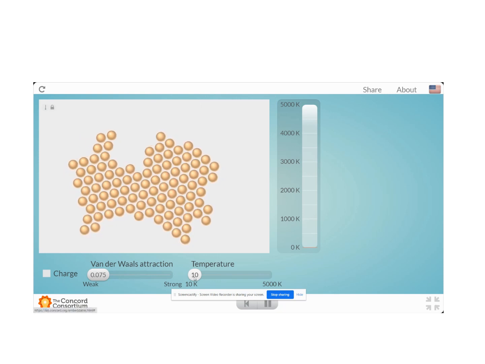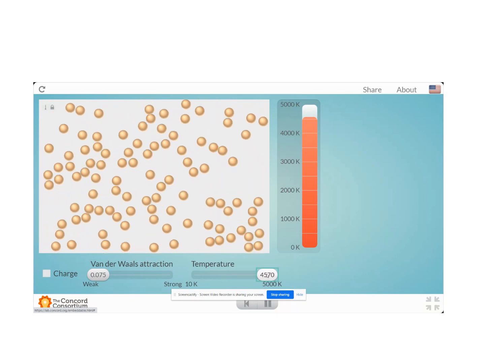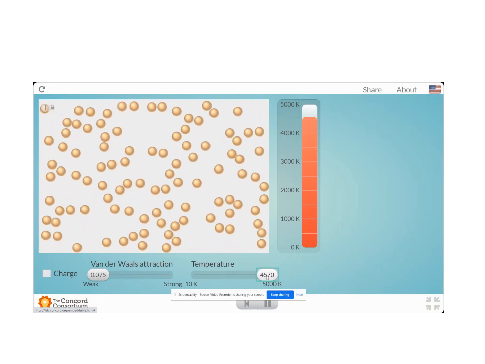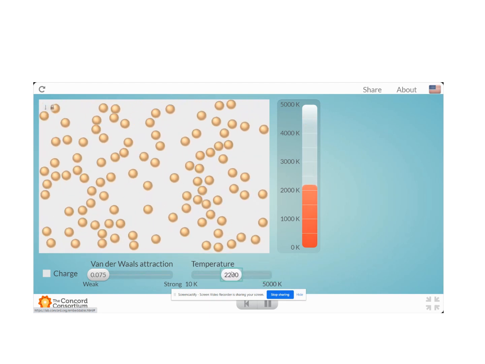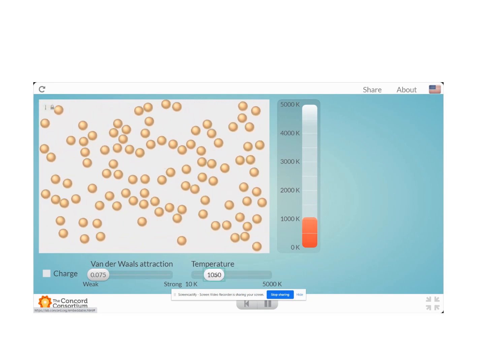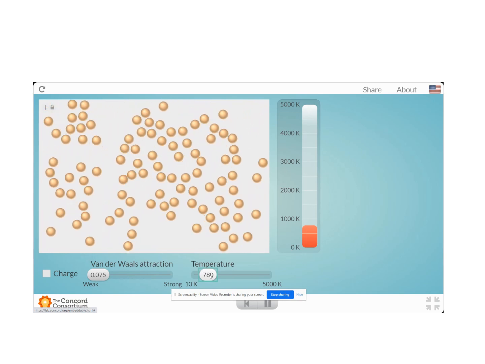Currently, this is a very low temperature. But if I increase the temperature, suddenly those atoms, let's assume that this is a sample of helium, for example, are moving really, really far apart. And they're moving really quickly, but I'm starting to cool it down. And as I cool it down, all of the atoms and molecules start to slow down. And as they slow down, they get closer and closer together until eventually, if you really decrease the